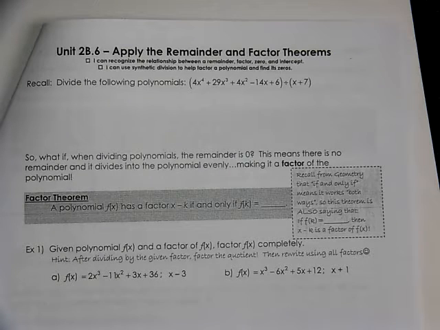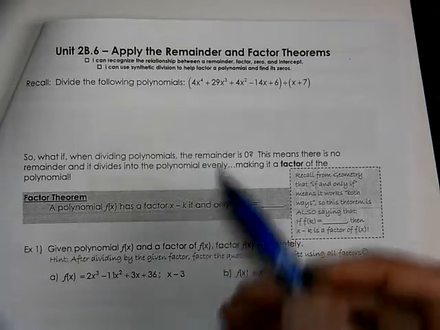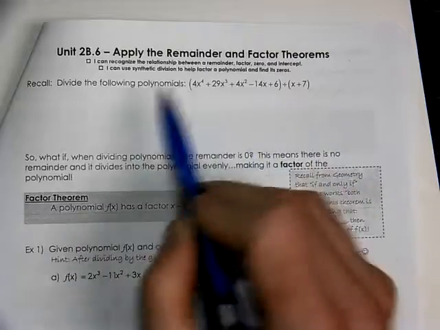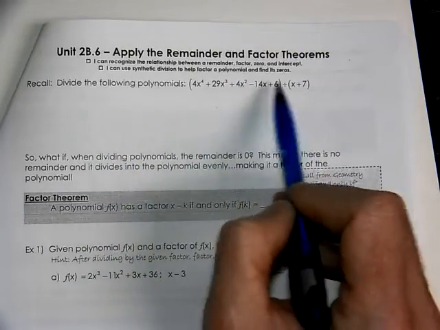This is Algebra 2 and Trig, Unit 2B.6. We're going to talk about the remainder and factor theorems. First thing we're going to talk about is to remind ourselves how we are going to divide